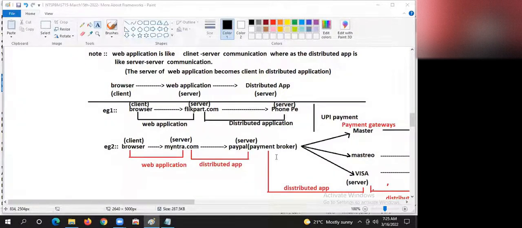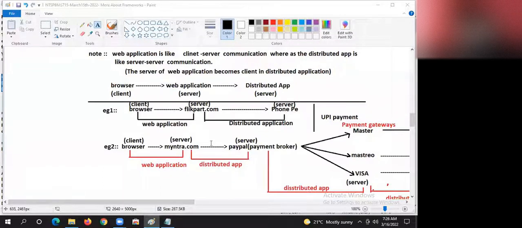Got it, guys? Flipkart.com is a server for the browser and a client for PhonePe. Flipkart.com is playing both roles, but it is also a server, it is also a software application.